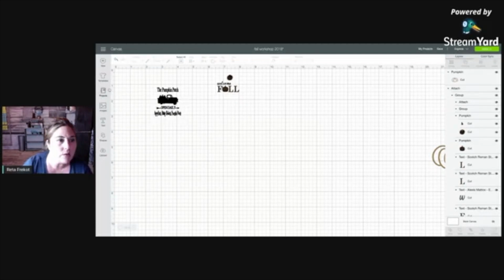And also over here, you've got images that are pre-made designs. Here you've got text, which is obviously something we're probably going to be using tonight. Shapes, and we're not going to be using anything with templates or pre-made projects tonight, but we may get to those. I just want to keep it simple when we get started. So we're going to go